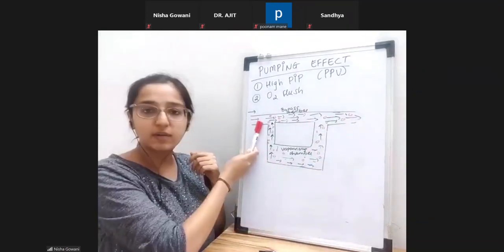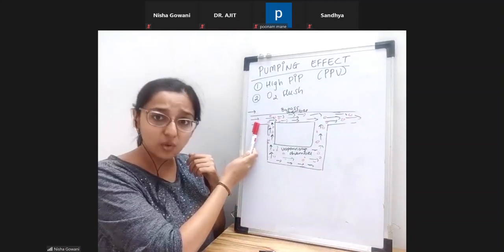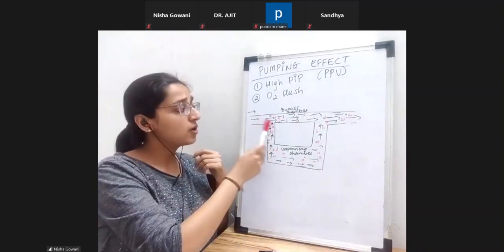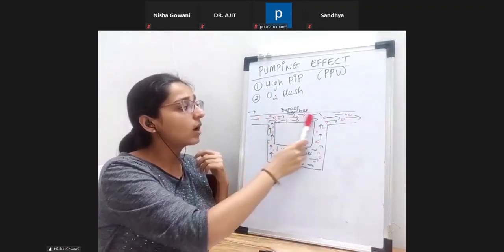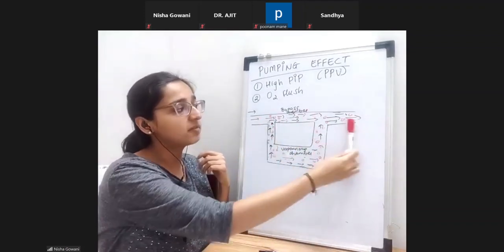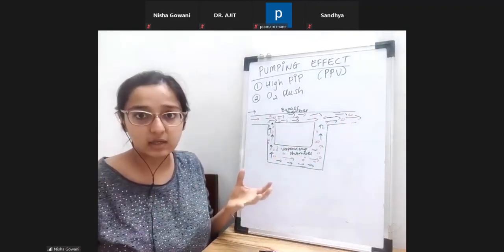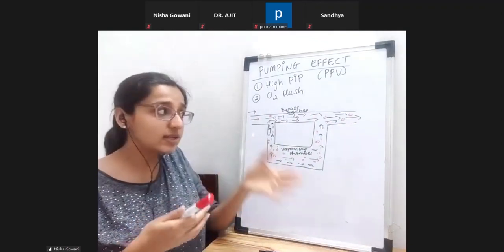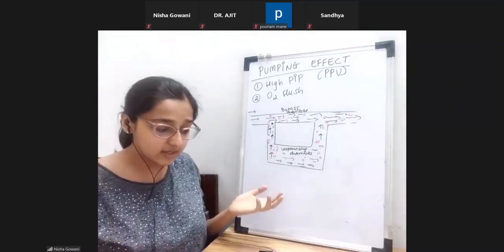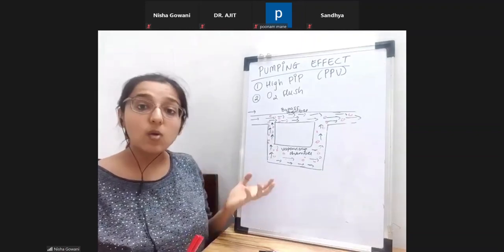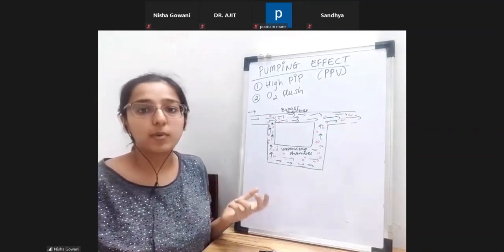Is this the right way for the vapors to travel? No, it's the wrong way. But this is happening because of pumping effects. A lot of vapor-rich gas is now coming here in the bypass chamber. Plus, it's going from here. So imagine there's so much vapor getting delivered. More than expected is getting delivered. The concentration that is finally leaving is much more than what I have set. So this was the problem that was expected. Now, how can I avoid this problem from happening?